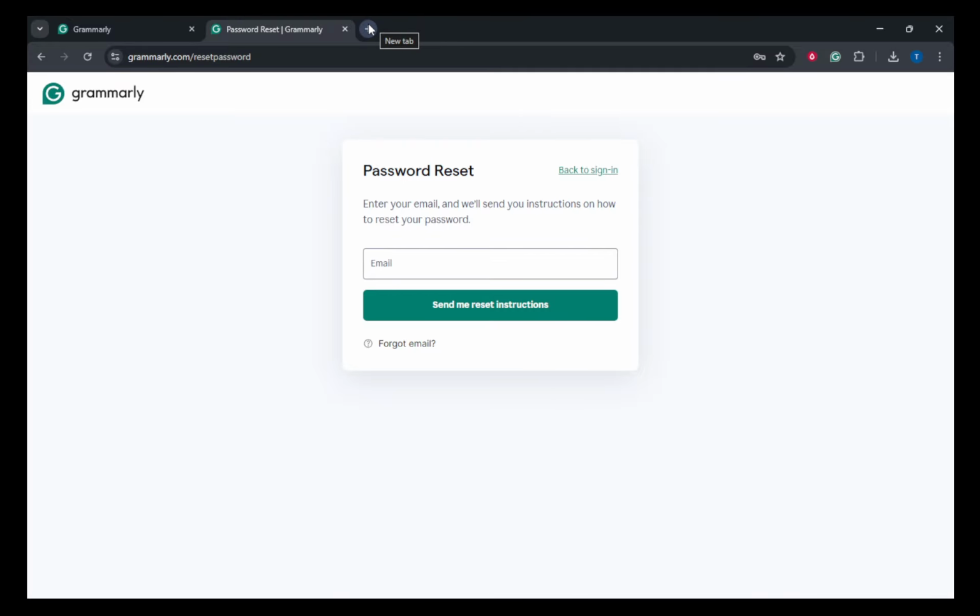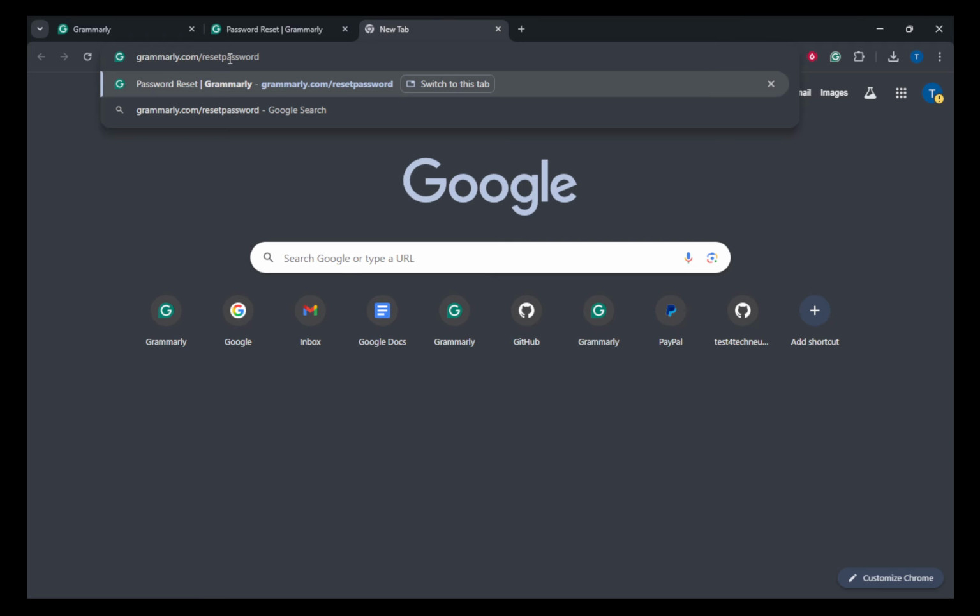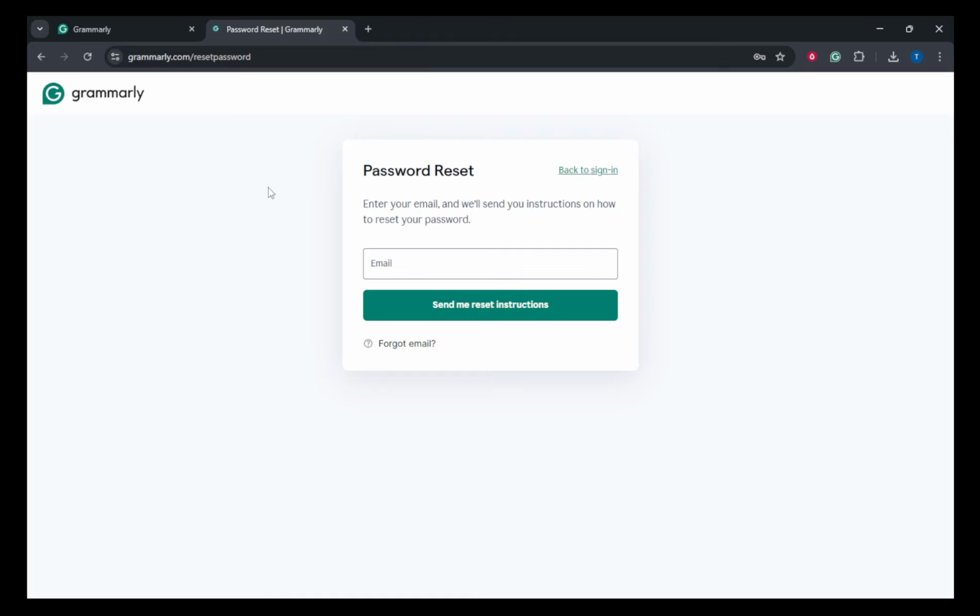To begin, you'll want to navigate to the password reset page. You can do this by visiting grammarly.com/resetpassword. This will direct you to a page specifically designed to help you reset your password. It's always a good idea to save this link somewhere safe or bookmark it in case you need it again